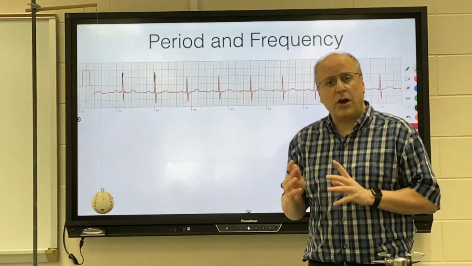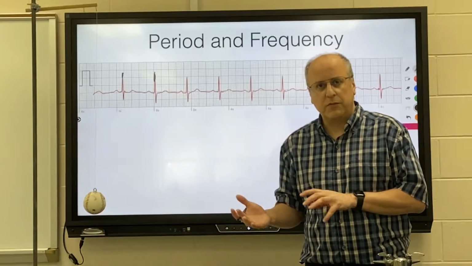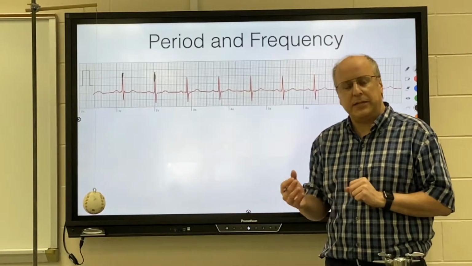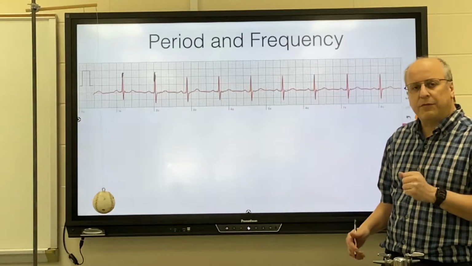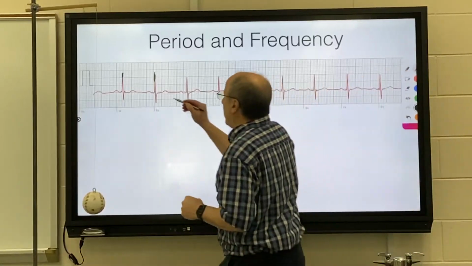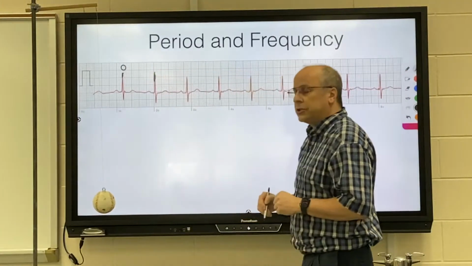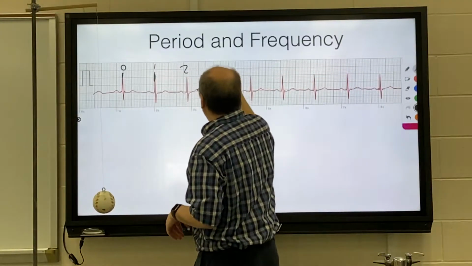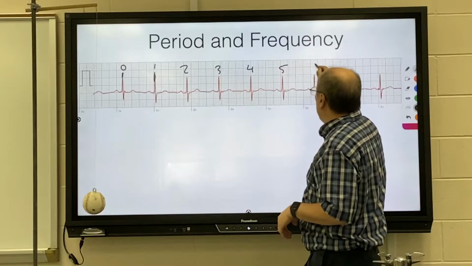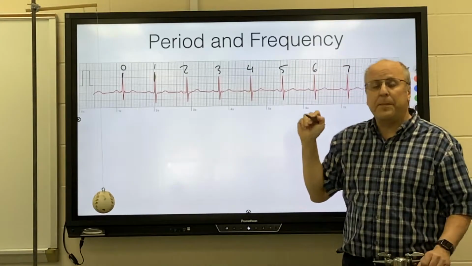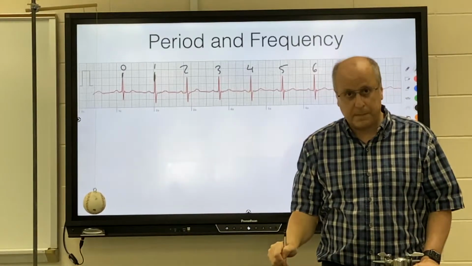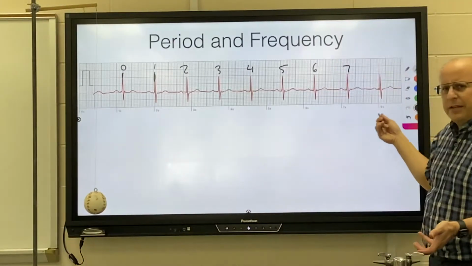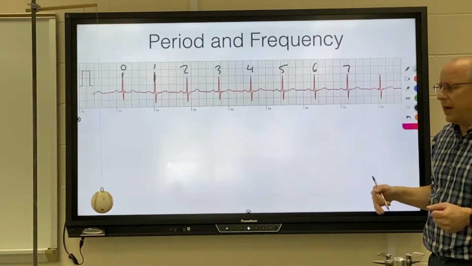The other thing is the heartbeat might not be perfectly repetitive. There might be a little change in terms of the way it beats from beat to beat. So an average would work out better. So I start at my original spot, I call that 0. Instead of doing just one beat, I should do multiple beats. The more I do, the better my results will become. You don't want to do so many that it becomes cumbersome, but maybe 7, 8, 9, 10 cycles would be